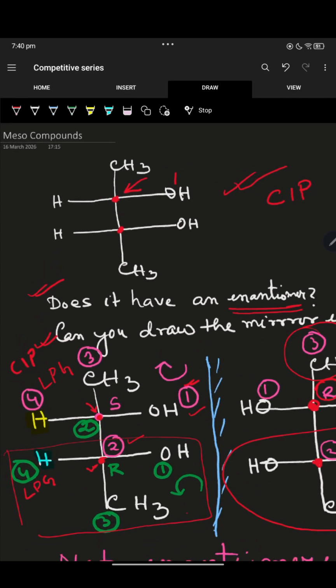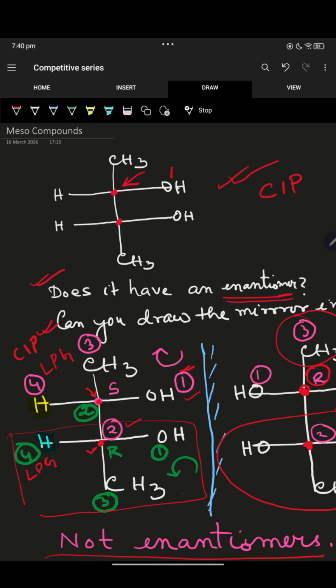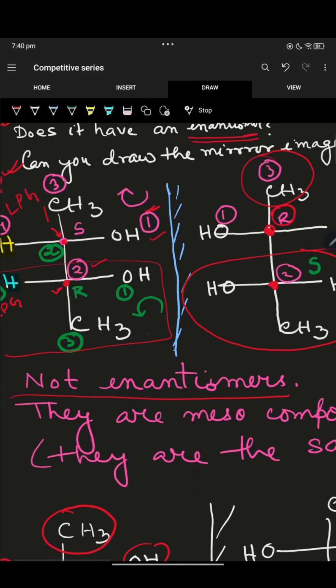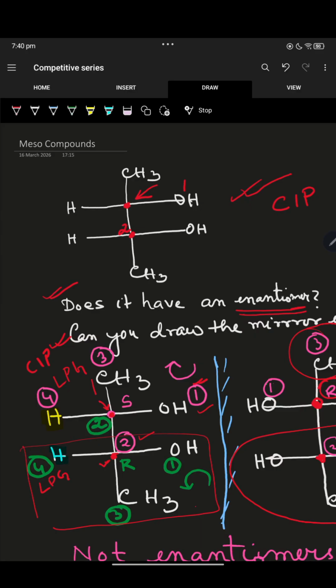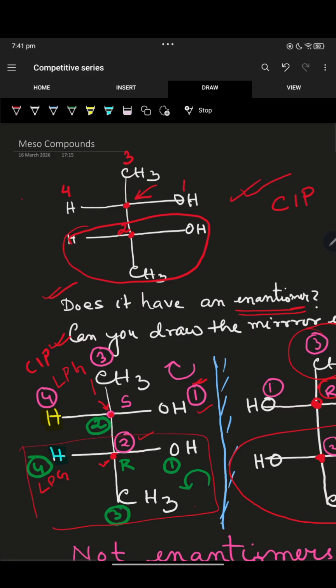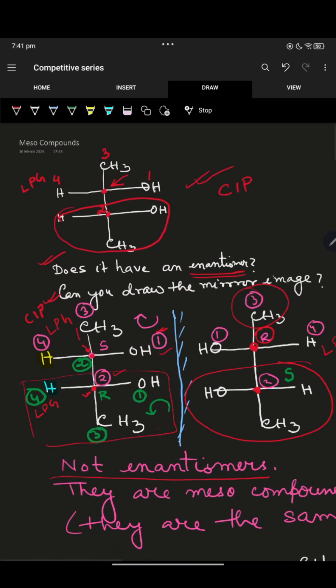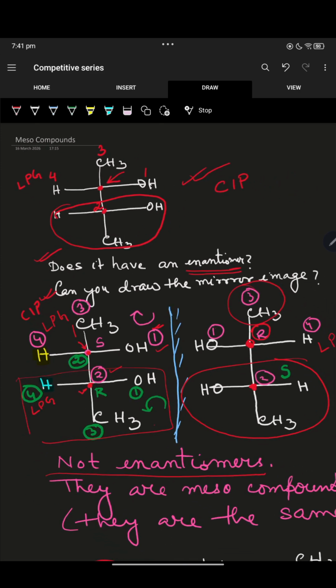The second priority will obviously be this carbon atom, because it has this group. Number 3 will be CH3 and number 4 will be H. Since H is number 4, this is the lowest priority group, or LPG,